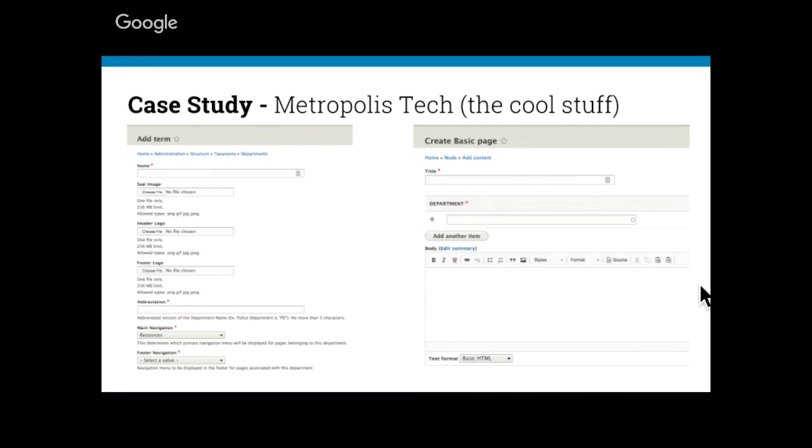And then on the right is just creating a basic page, and you can see we have our required department field where you can add multiple departments, and that's what Marcus was talking about with sort of the cross-pollination. And the nice thing is, I just think Drupal is so powerful, and this is all just basic sort of Drupal implementation, but you can build on these basic concepts to create sort of more complex